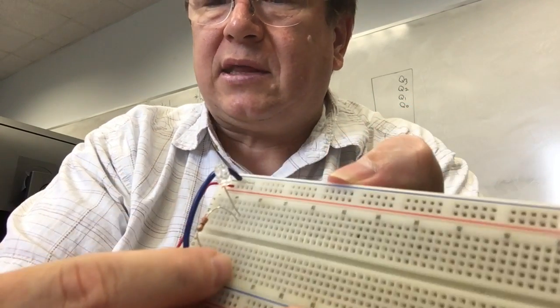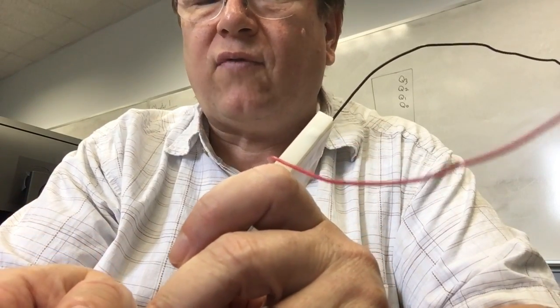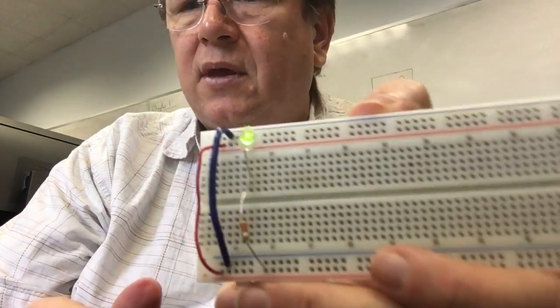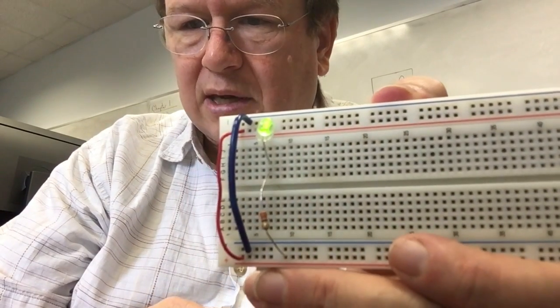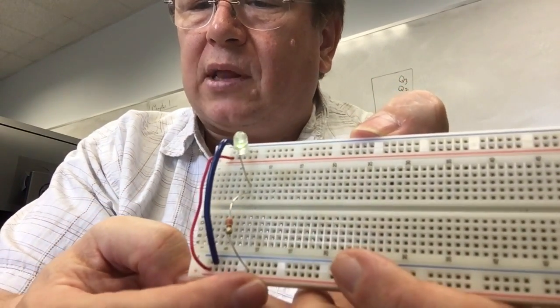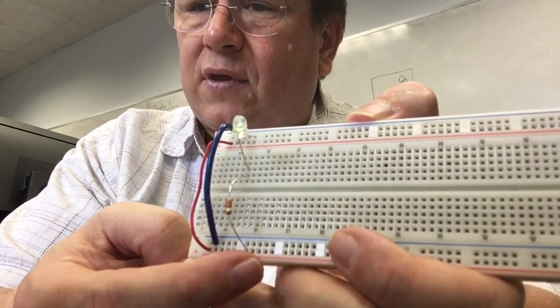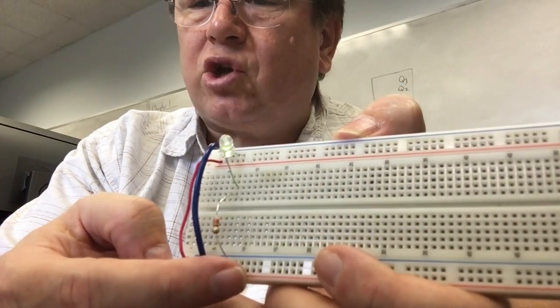Now I could have taken this side of the resistor and just plugged it straight into 5 volts. I'm going to do that for a second. Okay, see, I plugged this side of the resistor into 5 volts, and look what happened. The LED lit up. So to give you a rundown of what's happening here, I've got 5 volts on the red line. The fact that there's a voltage difference between the red line and the blue line makes current flow